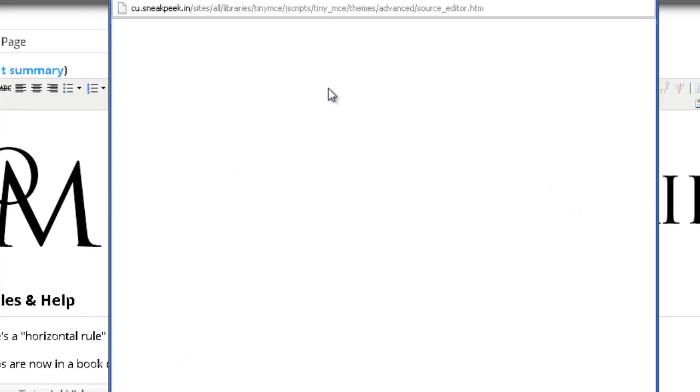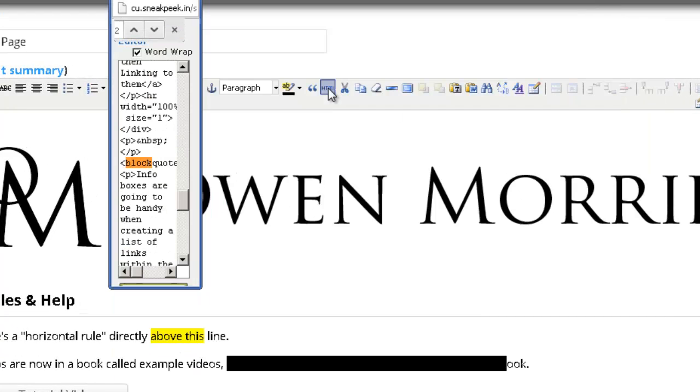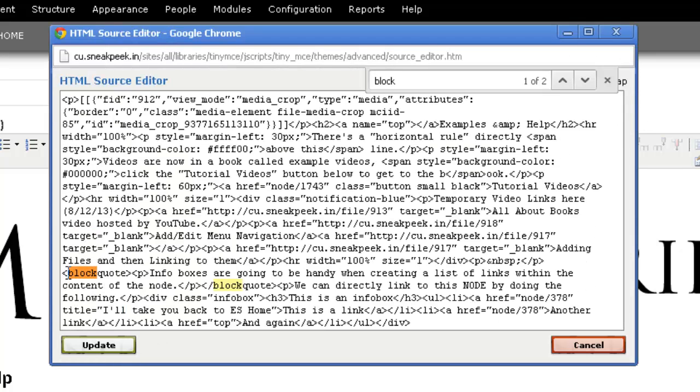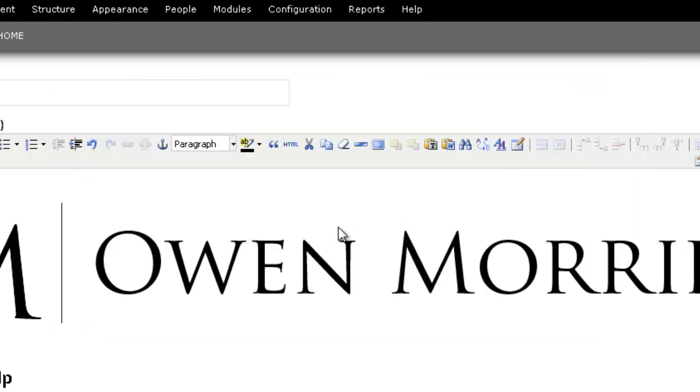So we'll go to that really quick. As you can see, it's put this tag right in front of the info boxes, and there's an end tag of block quote. So that's one way to